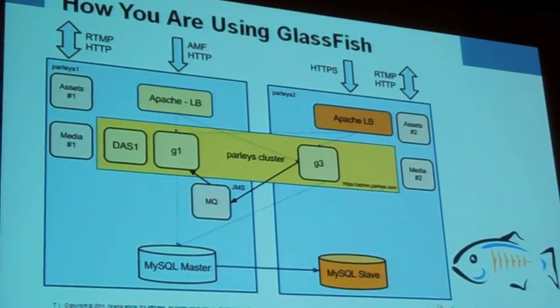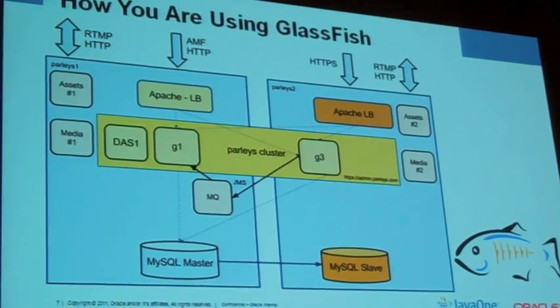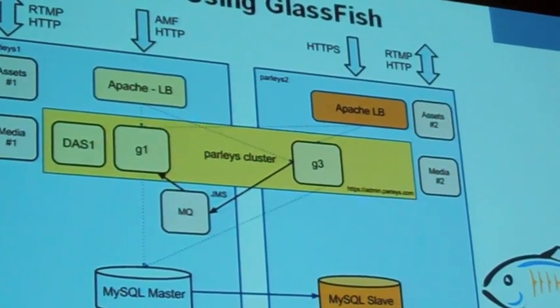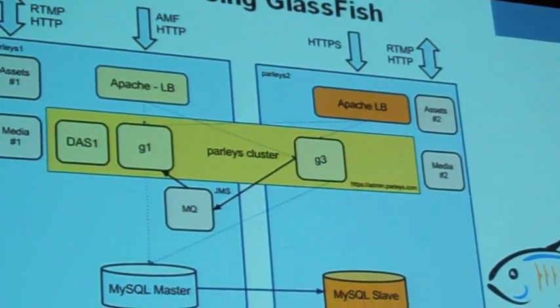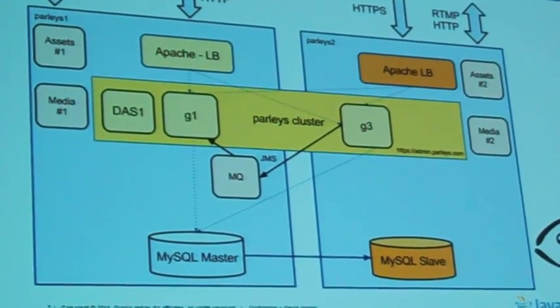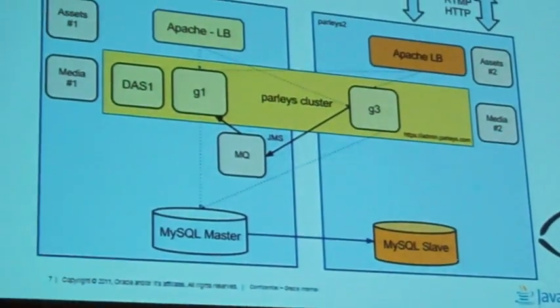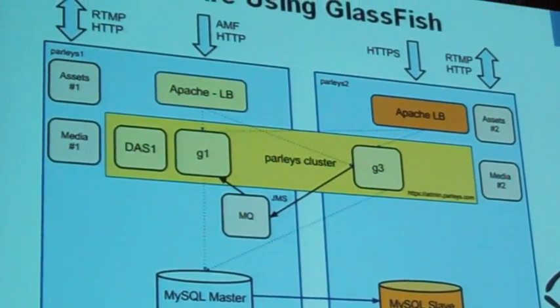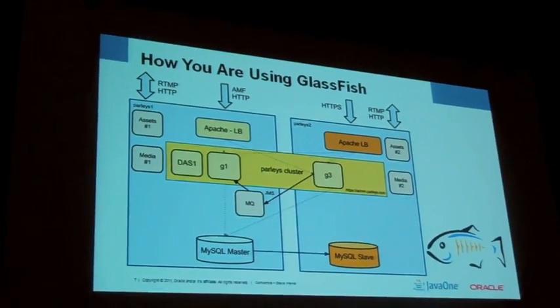And then as you can see on the bottom, we also have a master-slave setup with the database. So if the machine on the left crashes, the right one can completely take over. But it's not fully automated because we still would need to change the DNS, pointing it to the second server.